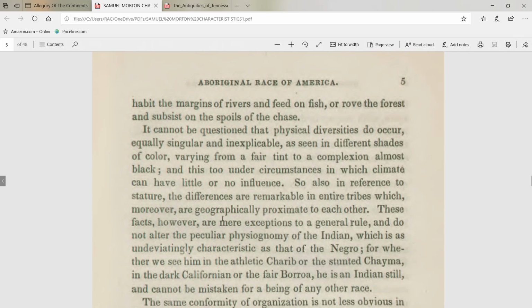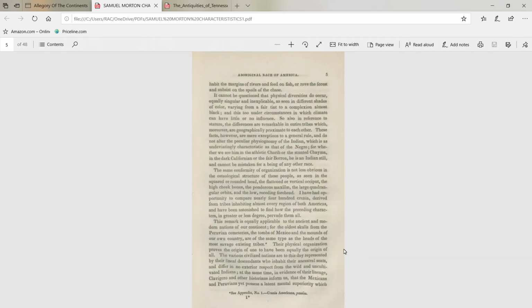These facts, however, are mere exceptions to a general rule and do not alter the peculiar physiognomy of the Indian, which is as undeviatingly characteristic as that of the Negro. So right here in this book, it said that the Indian is undeviatingly characteristic as that of the Negro. So basically, the man of America and the man of Africa are undeviatingly characteristic to one another,